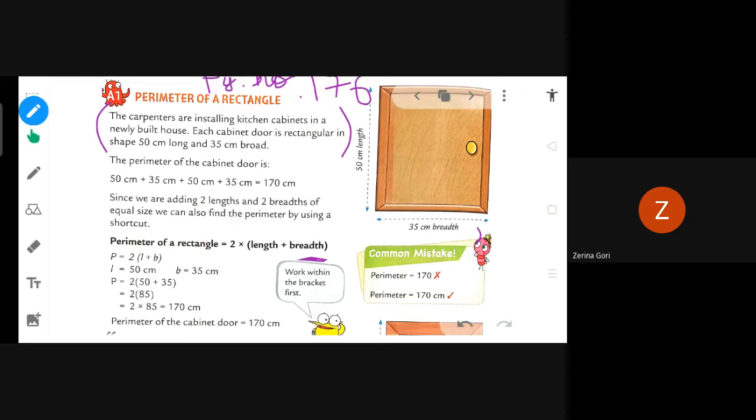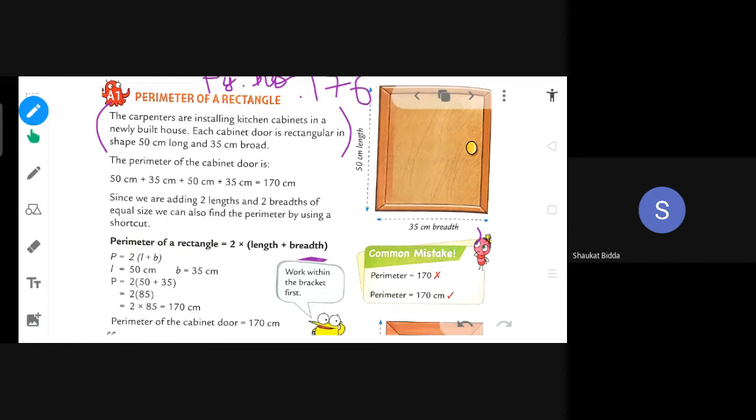Earlier I also said that a tailor uses measurement and everything. Then a carpenter also measures so as not to cut the wood wrongly and to make furniture. Here they are not making a table or bench or any other furniture, but installing kitchen cabinets, where we keep our things. The carpenter, who makes all the furniture, is installing that kitchen cabinet in a newly built house, so that work is going on in the new house.